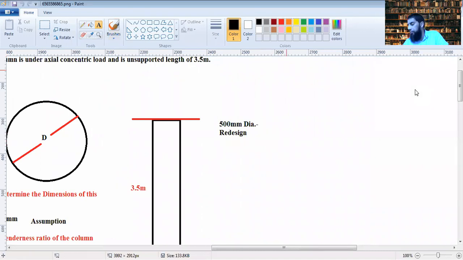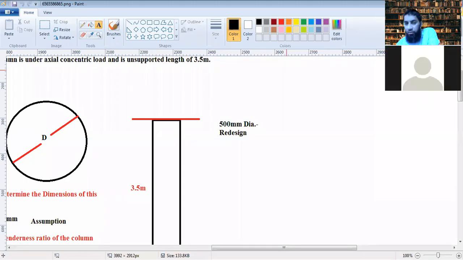82, Ayman? Yes, sir. Did you redesign it for 500 mm? Yes, sir. So,